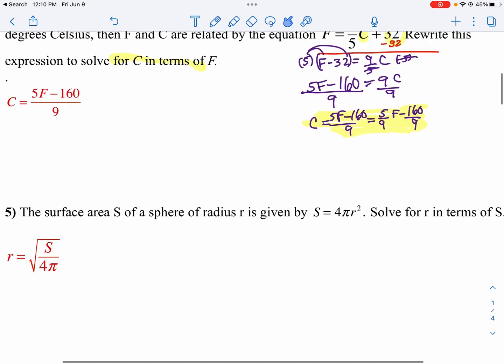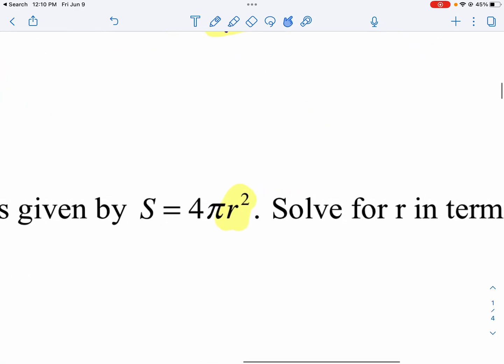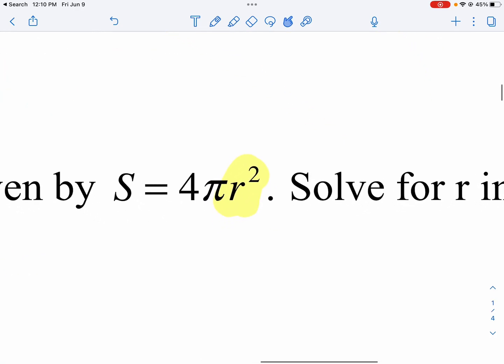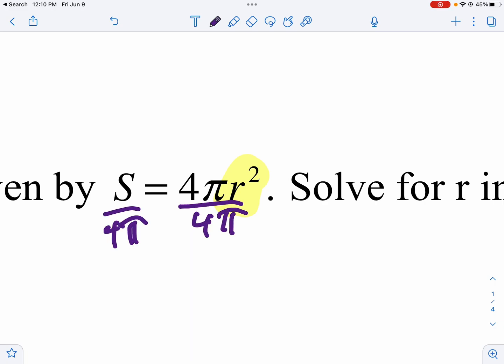On question number 5, I want to get R by itself. So I have to do a couple things here. Notice 4 and pi, they're both multiplying to r squared. So I'll divide both sides by 4 pi. So s over 4 pi